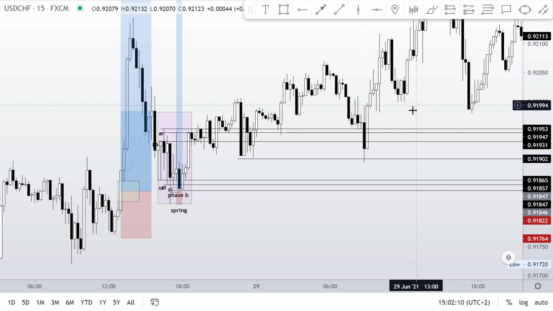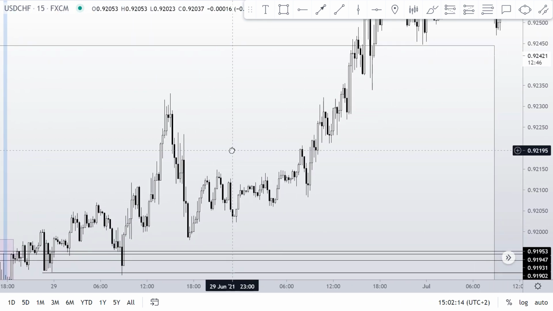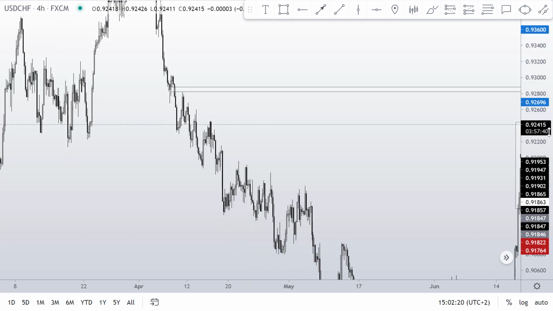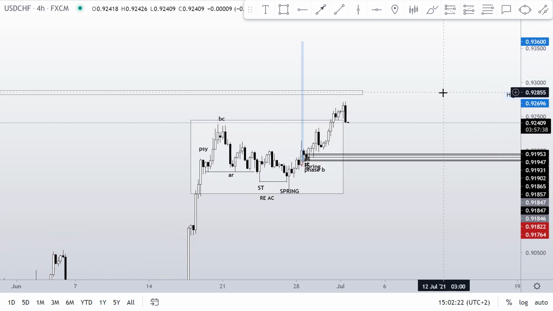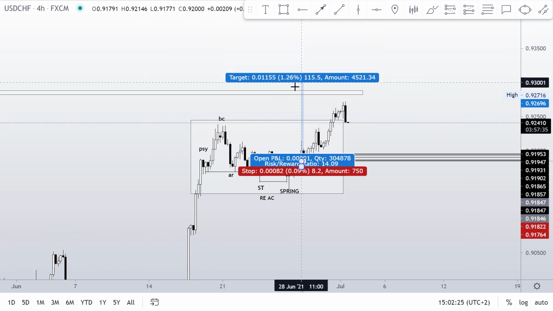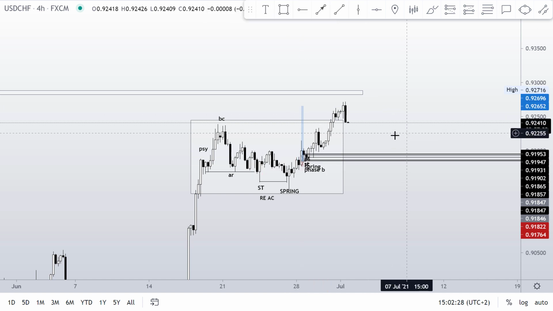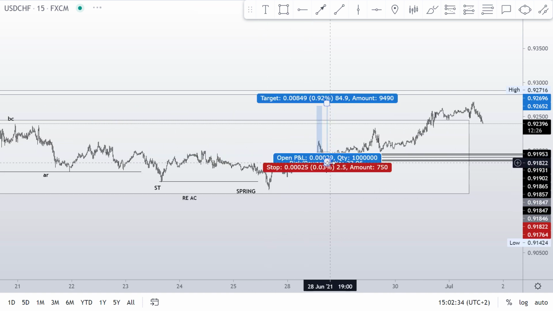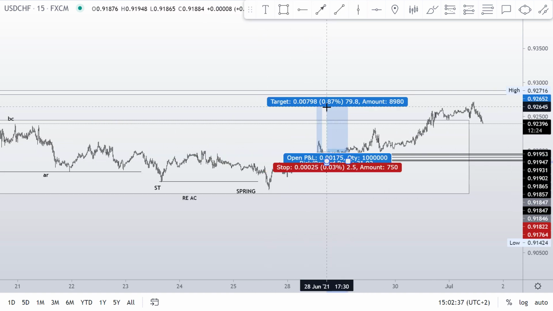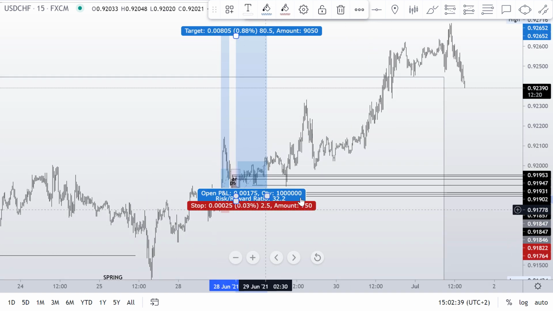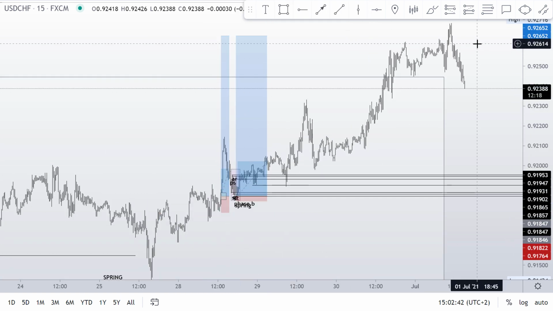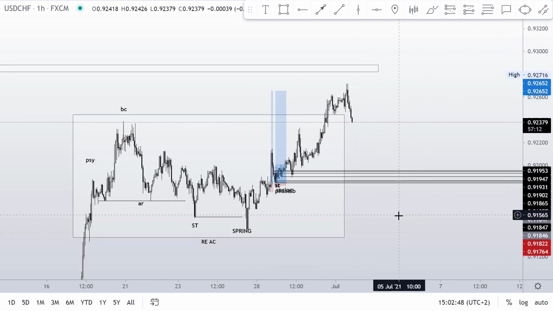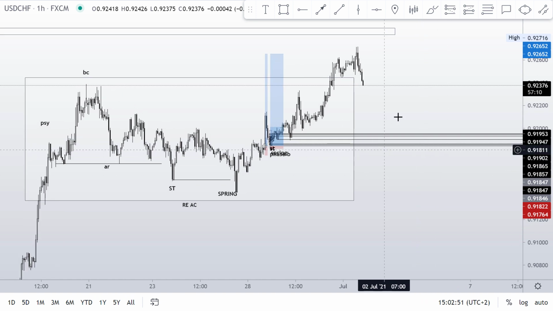Which in the end of the day gave me not so good a risk to reward, of course, because as you can see here, we would have broken the higher reaccumulation. As we can see, this is what we expected. Anyways, we would have broken this reaccumulation and we would have had two trades running, the one on 9.9% and the other one, if we scale down and we maximize this thing a little bit, would have gone to 32.2%, so an overall 40%, and I made just an overall 6% on these two trades. Nonetheless, this is the way I took these trades.